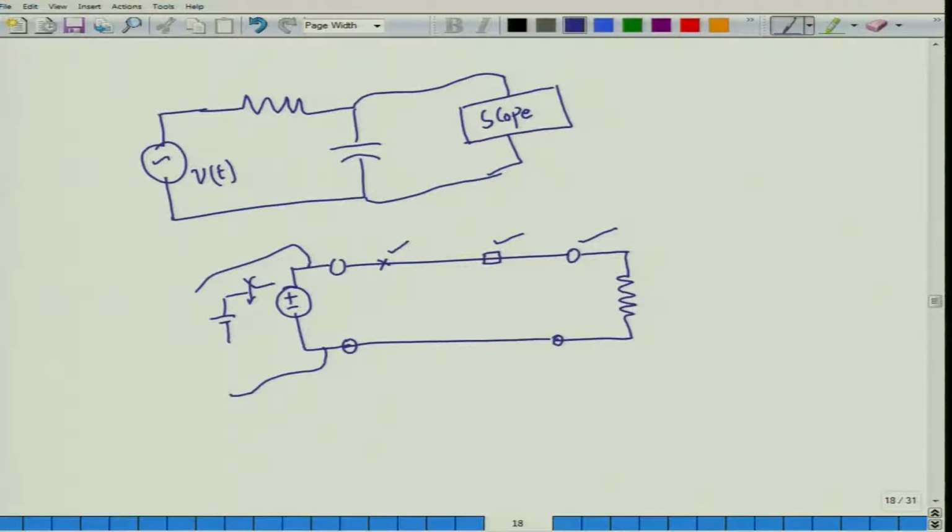So if you were to freeze time, the battery is not changing with respect to time, but if at a constant time instant I consider the voltage distribution along the transmission line, I might see something like this. The voltage at this point will be different, the voltage at this point will be different, the voltage at this point will be different, right. So if I freeze time, then the voltage at different points on the transmission line also is a function of the position at which I am measuring the voltage.